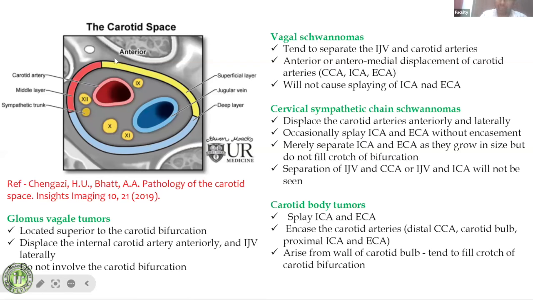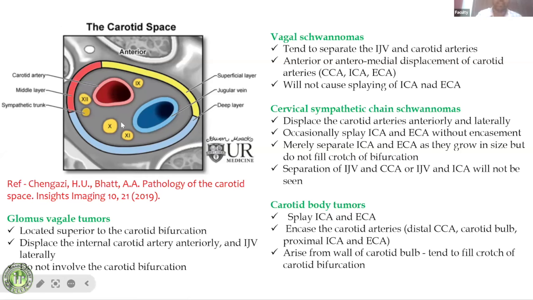So this is the illustrative diagram of the left carotid space. You can see the vagus nerve is located posteriorly, midline, in between the CCA or the ICA and the internal jugular vein. So when there is a mass arising from the vagus nerve, it tends to grow here and it tends to separate them. Therefore, the internal carotid or the common carotid will be displaced anteromedially, whereas the IJV will be displaced posteriorly